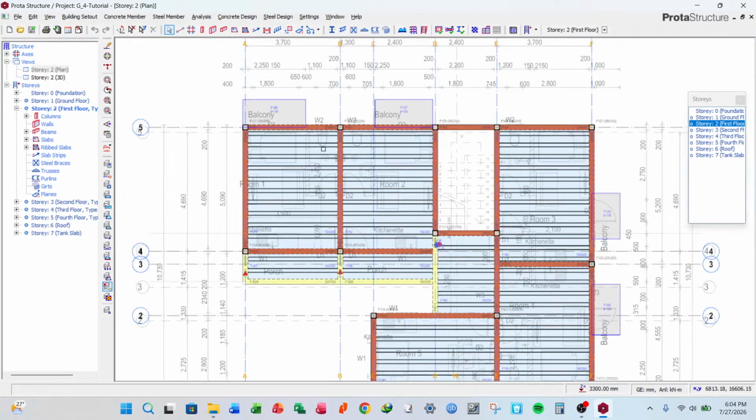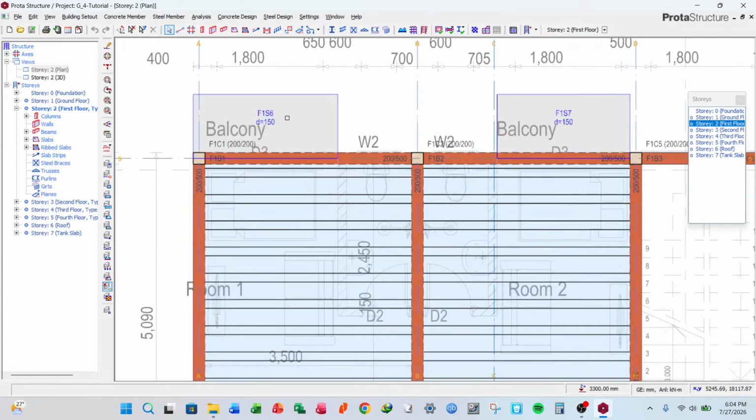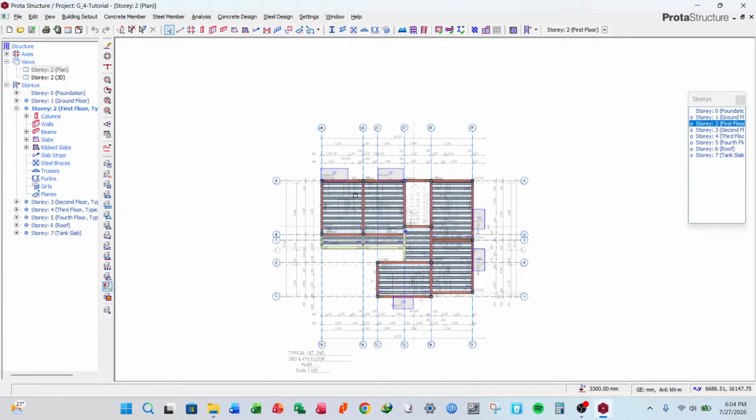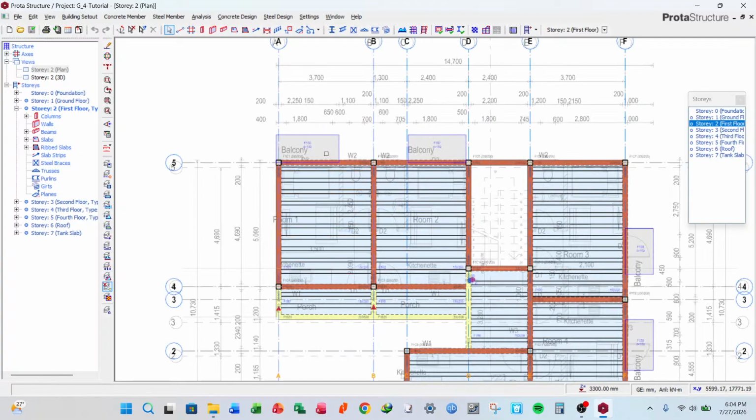Okay. So we have two different types of slabs. We have the cantilever solid slabs. We have the solid slabs and the ribbed slabs. Okay. So to design a slab,